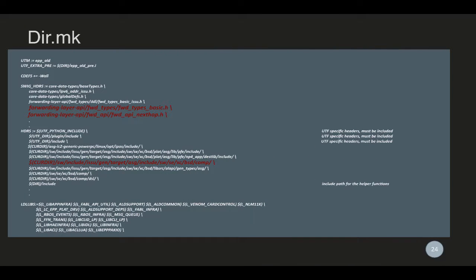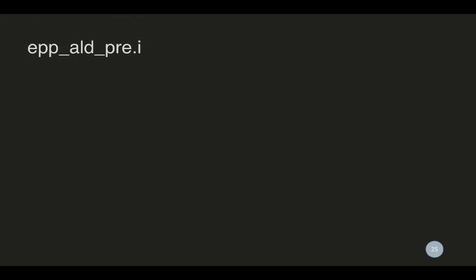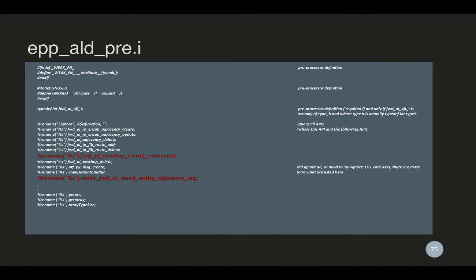Now let's have a look at the dir.mk file. For now let's assume that we are trying to swig forward AL next stop create connected. As mentioned, we have to specify the H files that we need, and under headers, HDRS, we have to specify where this file lies. So you'll have to give the exact path. Then I mentioned the pre.i file. We have to put in the APIs that we are calling. The first one, forward AL next hop create connected, is the actual API that you need to run,